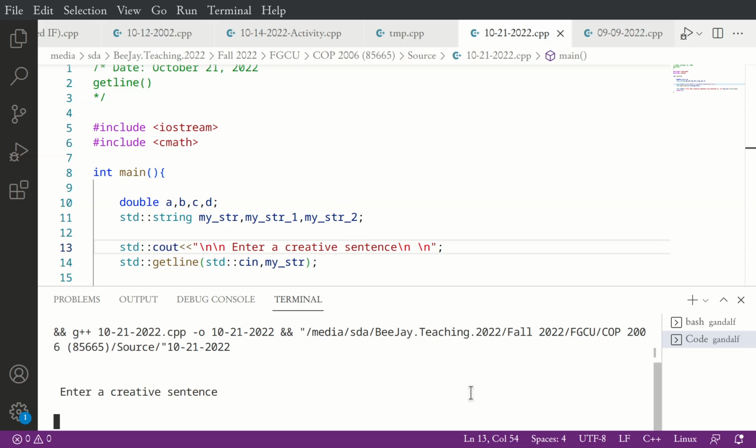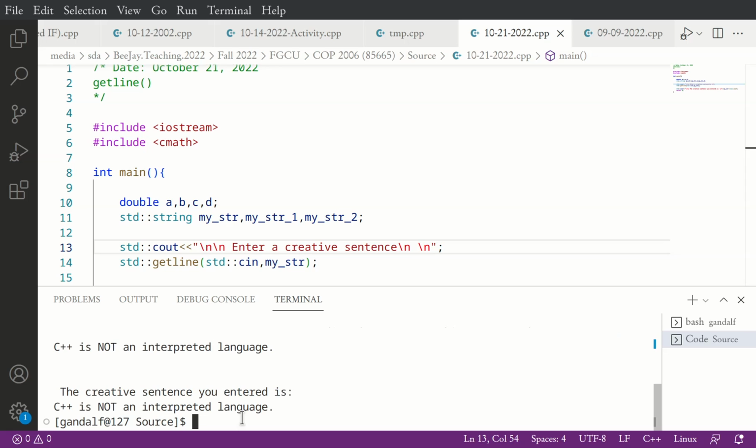Okay, C++ is not an interpreted language. It gets the input and puts it as the output perfectly fine.